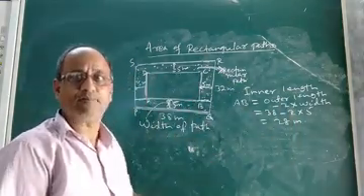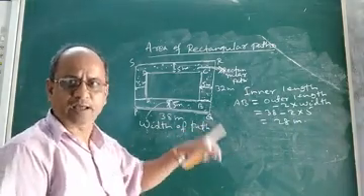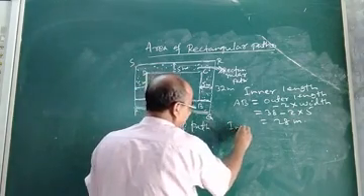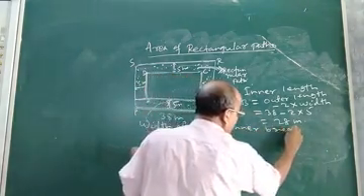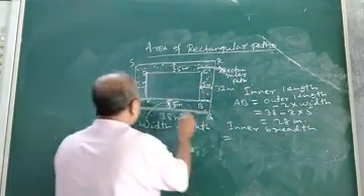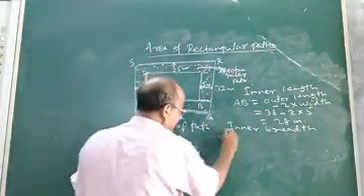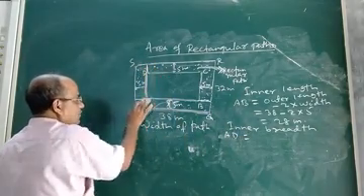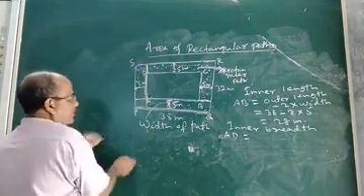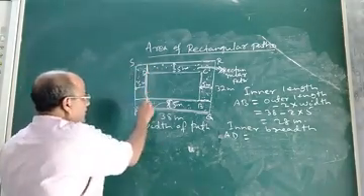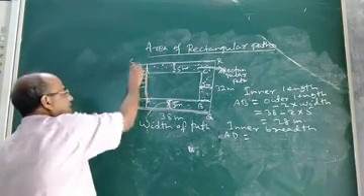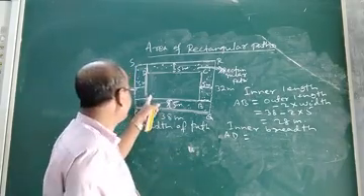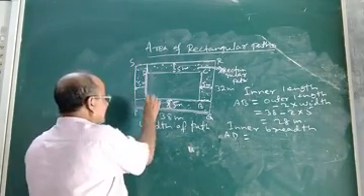Now we have to find the inner breadth. Then only it is possible to find the area of the inner rectangle. Now the inner breadth, which is AD. In a similar manner, this one is 5 meter and this one is also 5 meter, because this is the width and this is the width. Now, if this width and this width both are subtracted from the outer breadth, then only we get the inner breadth. So, children, in order to find the inner breadth, that is AD.